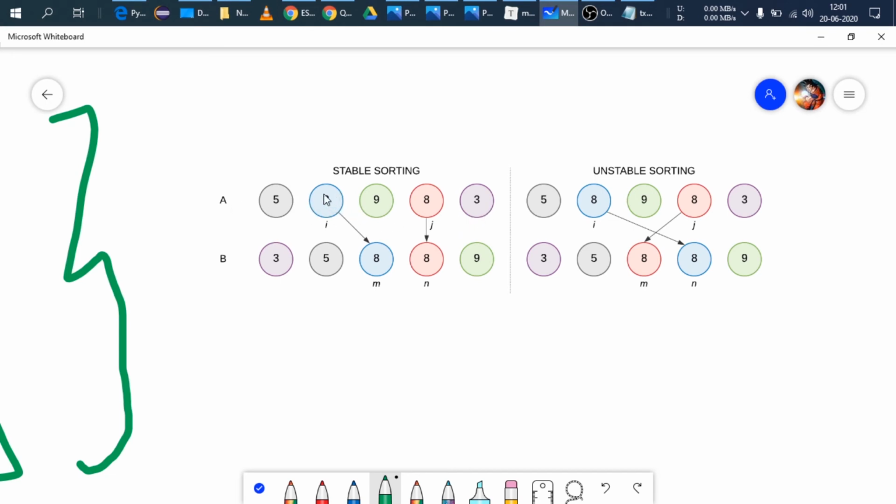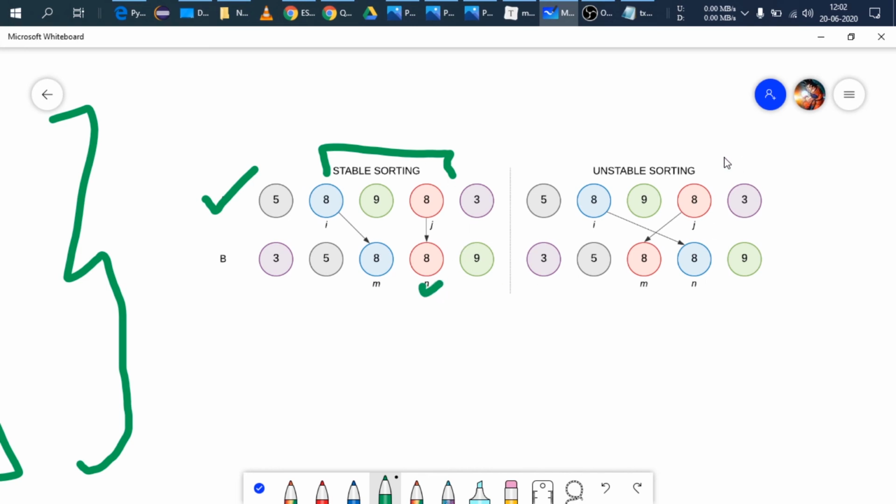sometimes, like in this example, we can get similar elements, and the order in which they are processed should be the same. That is, when we are sorting in an order, suppose 3 goes first, 5 goes second, and then when we have to sort the 8, we'll take that element which came first in the array, because we'll start traversing the array from the left hand side. So if 8 comes first, it will be sorted first, then we move on to the similar element, which is 8. So it is a stable algorithm.